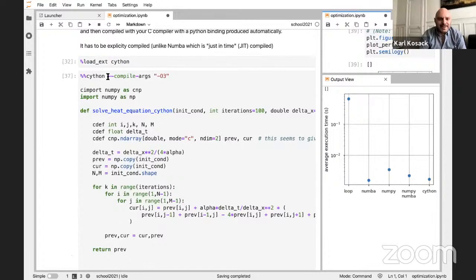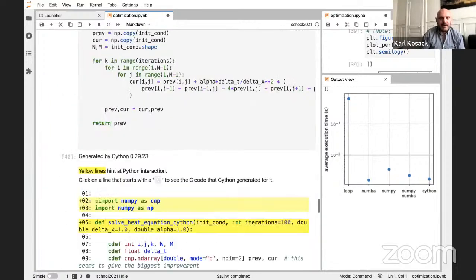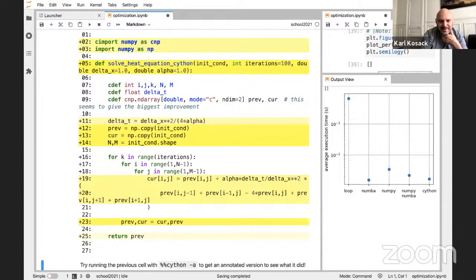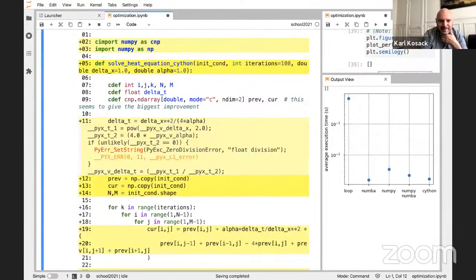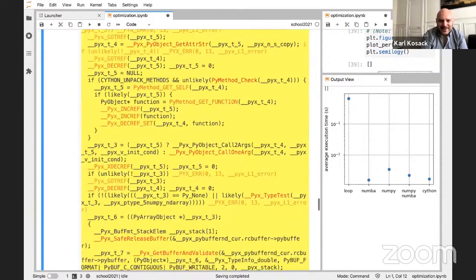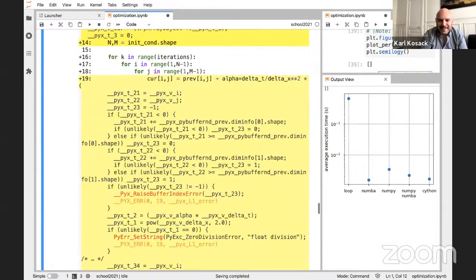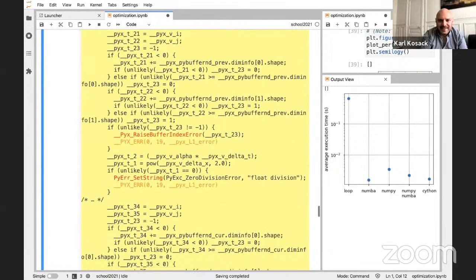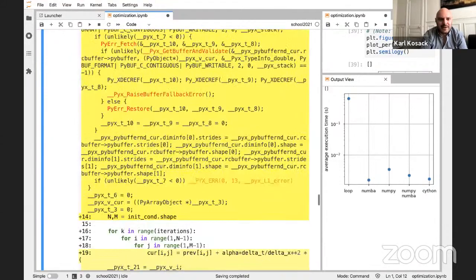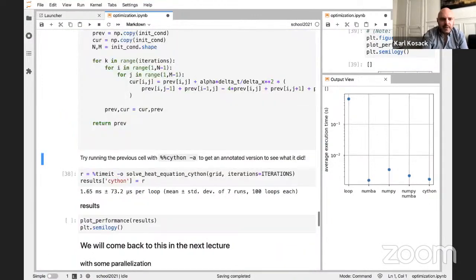But one of the interesting things you can do, if you want to see what it's actually doing, is run it with the -a option. And it'll compile it and show you what it compiled. So at each line of code, it turned this line of code, delta t equals delta x squared over 4 alpha, into this C code. So it's a little bit ugly C code, but this is C code. Some of them get very complicated. It creates a very complex C program that you would never want to write yourself. So here's the actual step of updating the buffers. And it looks absolutely atrocious, but actually the speed is pretty good. So you can actually see what C code it writes if you want. So that's the annotate function of it. Get rid of that, so it's a bit ugly.